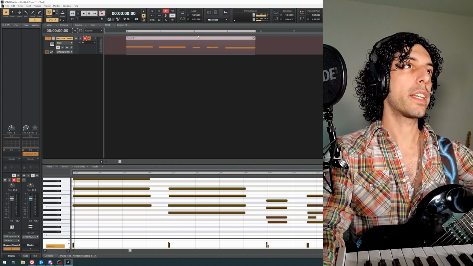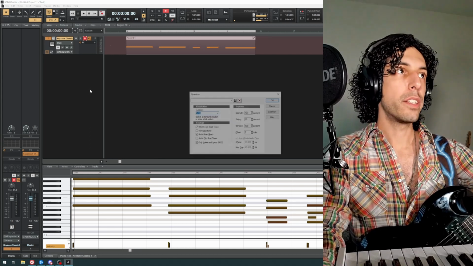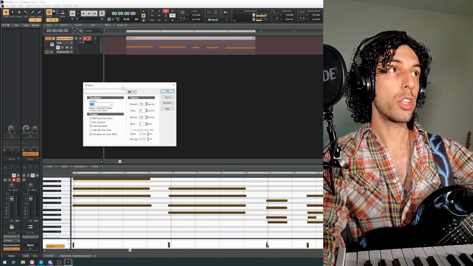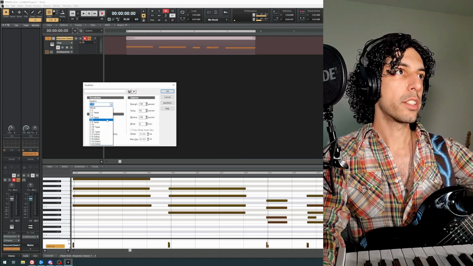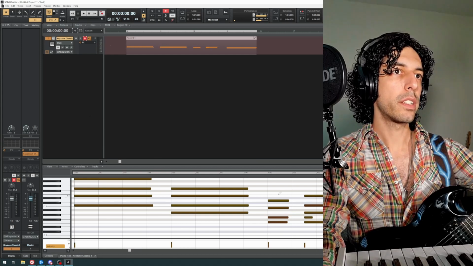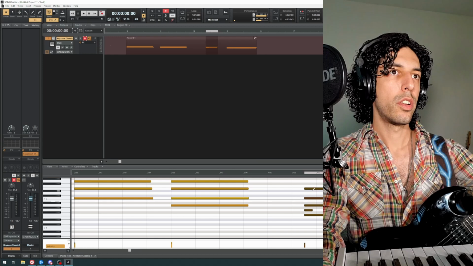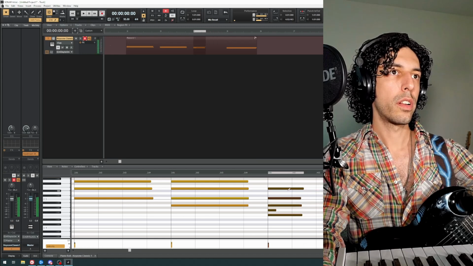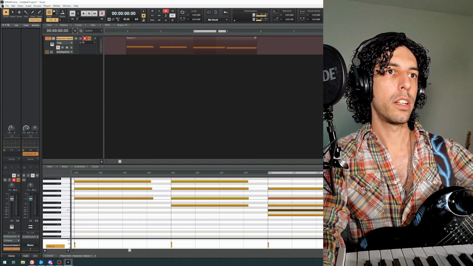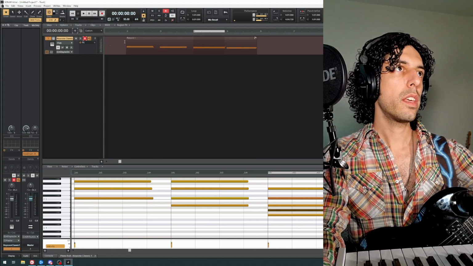So here I can select the track, I can open up the clip. I don't recommend using quantize too much, but you can hit the hotkey Q for quantize. I'm just going to change it to 1/8 real quick here so that it just snaps to what I want. I'm going to delete this mistake, drag these over to the right spot, and make the notes a little longer. Great. And so in the piano roll,